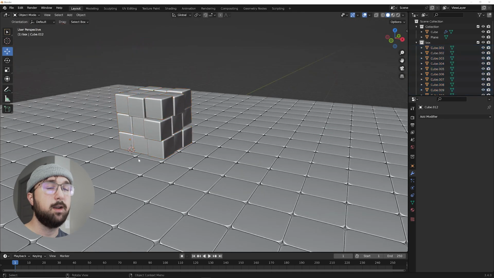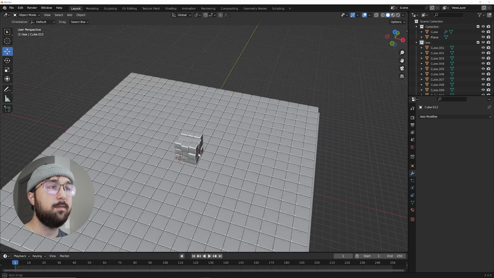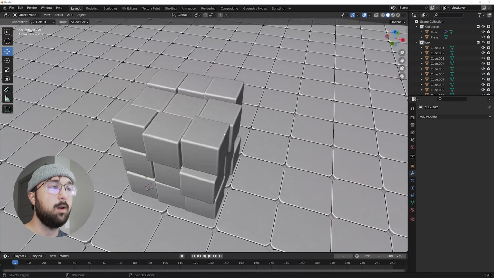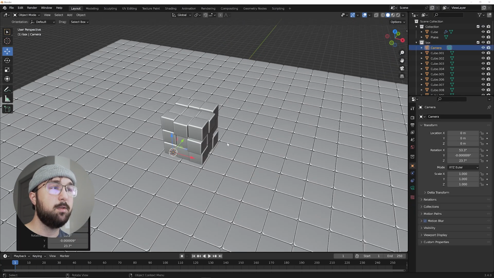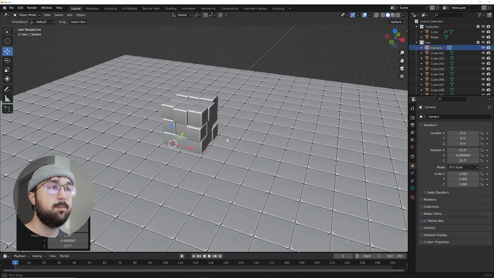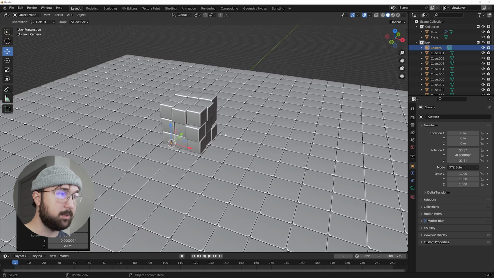All right, and I know it's not perfect. So now we have this so far. Right now, we're just focusing on composition. We'll get into shading in a minute. So right now, I'm going to select my camera, aim right about here, Control-Alt-0, snap